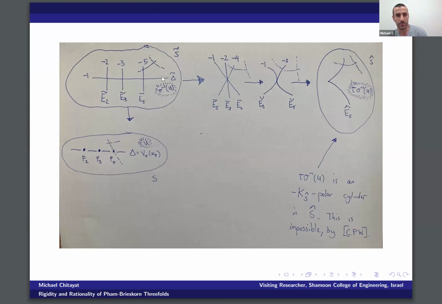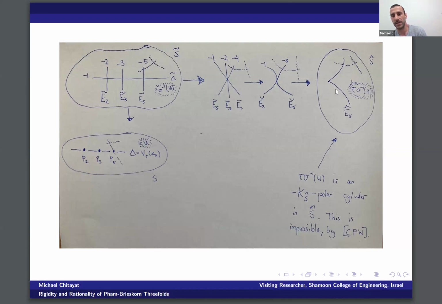So the first thing we do is contract this -1 curve delta tilde, and we get this configuration of curves. So we have these three curves that now meet at a single point, plus whatever was left over, the other curves in the complement of the cylinder. We then contract our -1 curve here, and we get this configuration of curves. And then we contract the -1 curve one more time, and we get this configuration of curves. And since we had an anti-canonical polar cylinder all the way on the left,